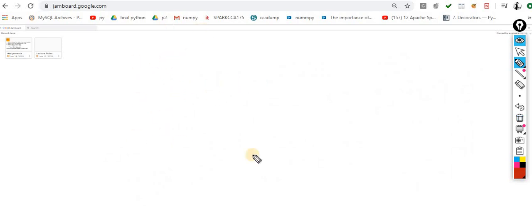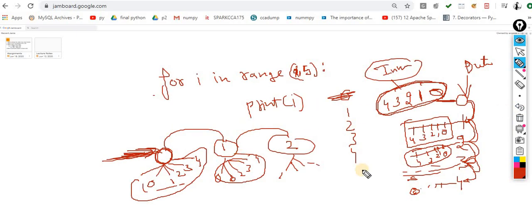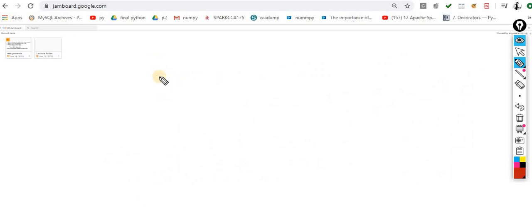Now how we can achieve this thing? For achieving this, what we have to do? We have to take this for loop: for i in range of 5. What is the meaning of this? It is my outer loop. Now I put a colon.